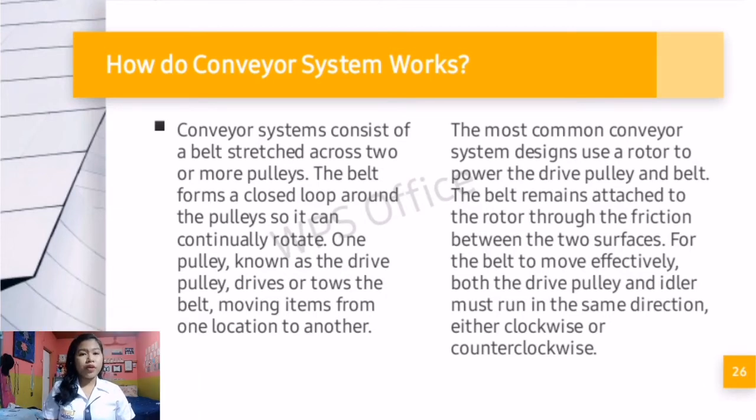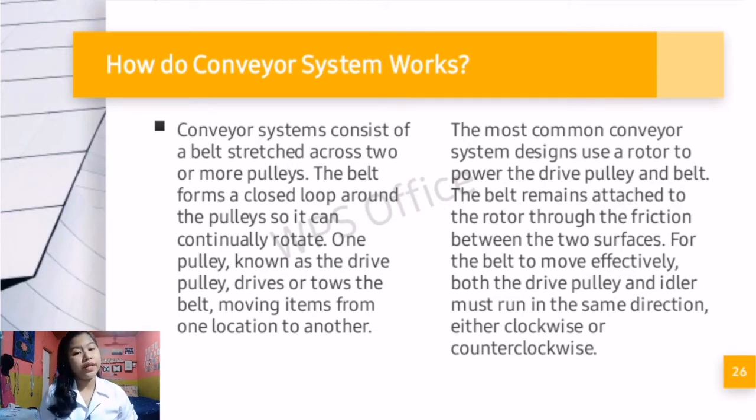The most common conveyor system designs use a rotor to power the drive pulley and belt. The belt remains attached to the rotor through the friction between the two surfaces. For the belt to move efficiently, both the drive pulley and idler must run in the same direction, either clockwise